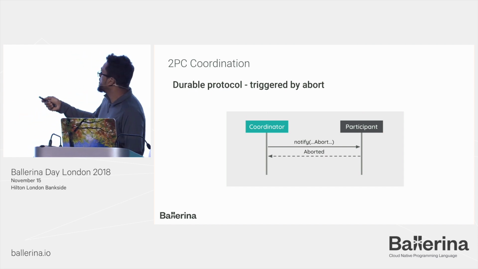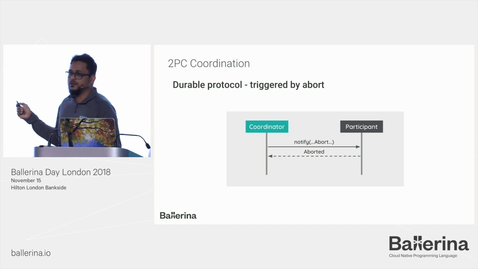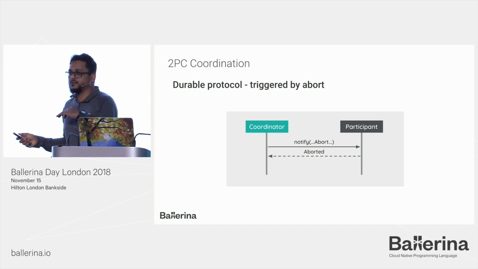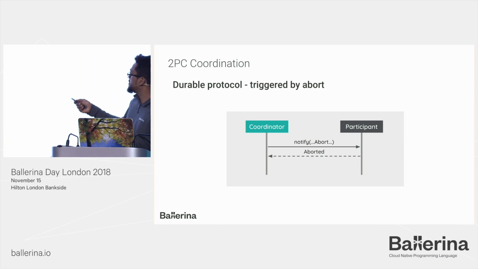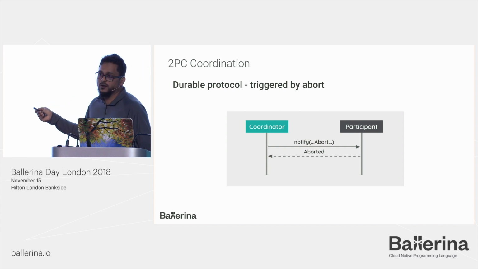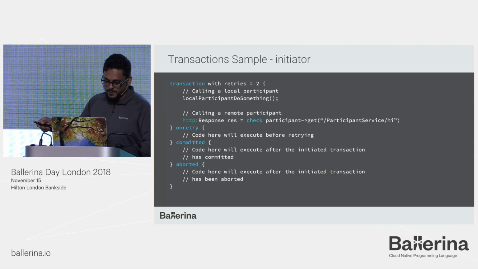So if there is an abort on the initiator side, you simply do an abort, right? As a transaction initiator, depending on certain conditions, you might decide to abort. So you simply call abort. So that abort protocol is very simple. So let's